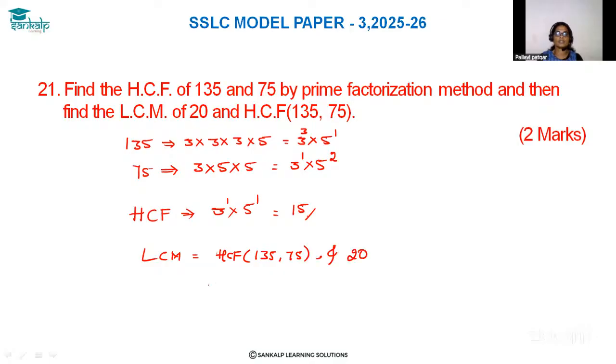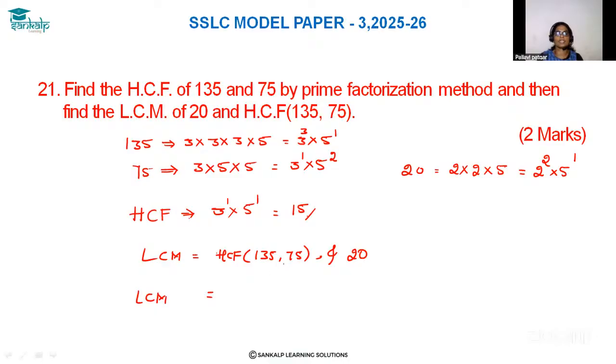So here the prime factorization of 20 is equal to 2 into 2 into 5. So this is equal to 2 raised to 2 into 5 raised to 1. So the LCM of the HCF of 135, 75 and 20 is equal to